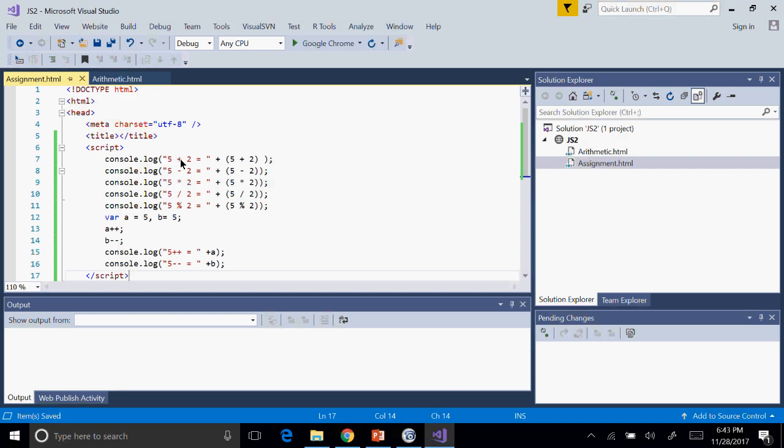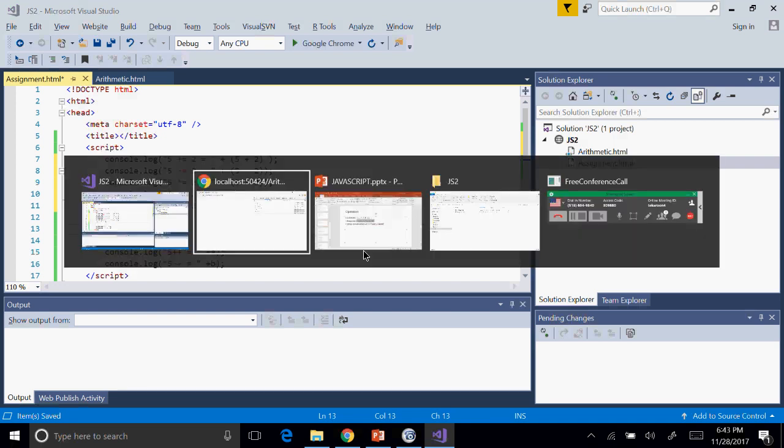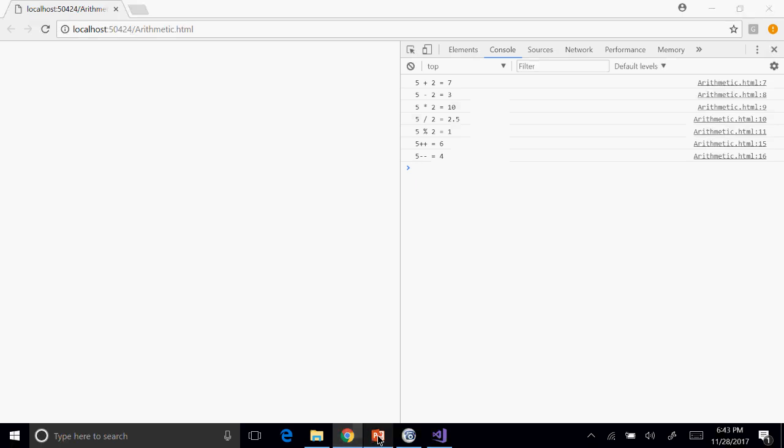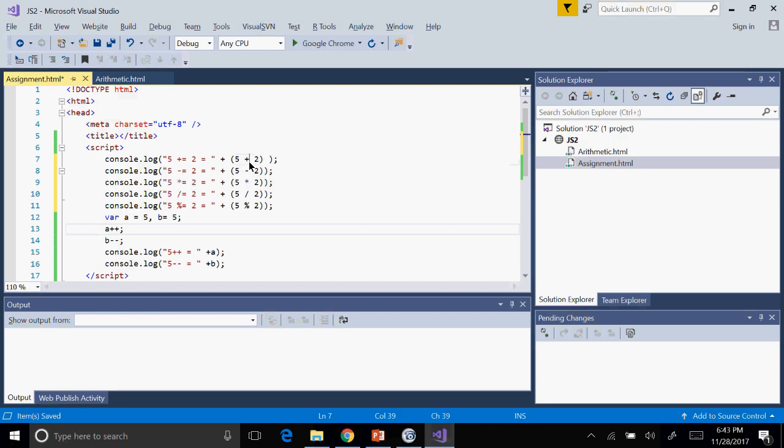I'm writing here 5 plus equal to, okay, and that is equal to